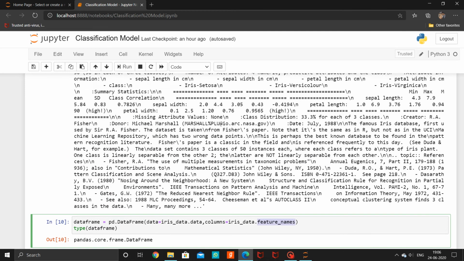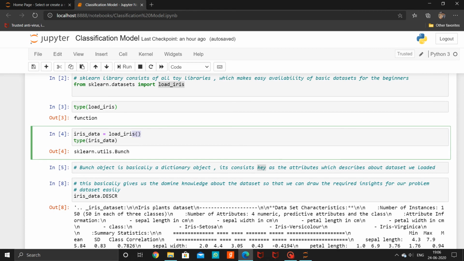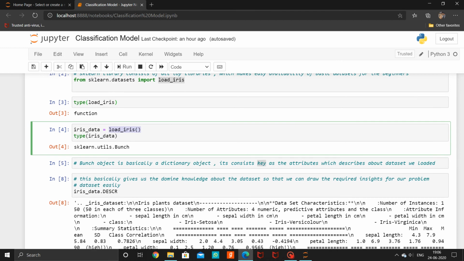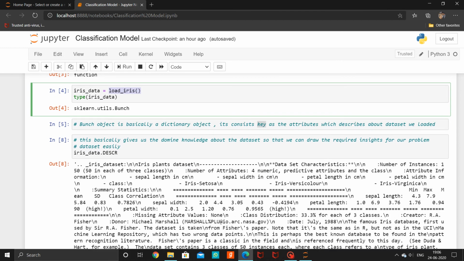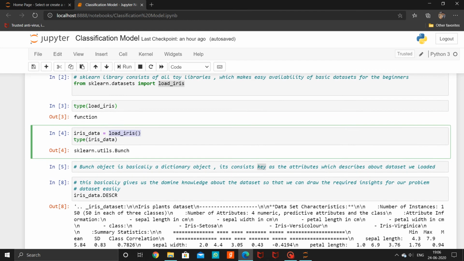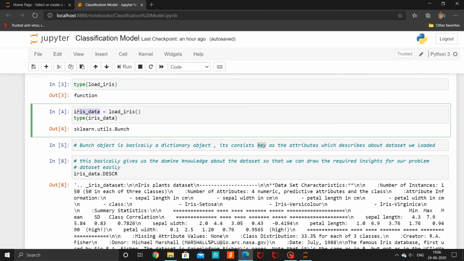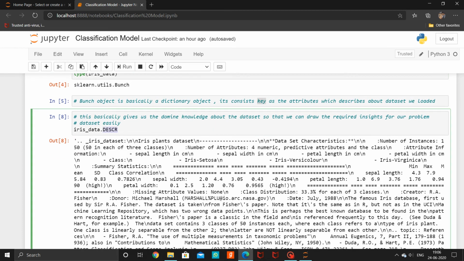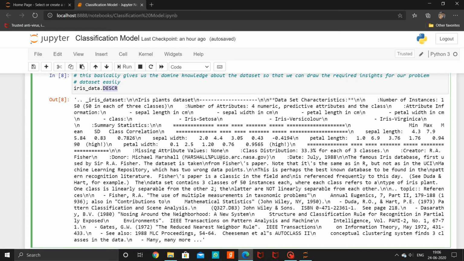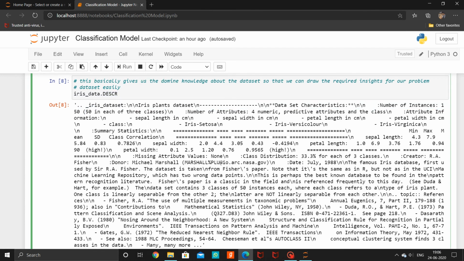Suppose actually we know that it is an iris dataset we have imported, so we know what to do. We know what to predict actually, but for a few datasets we don't know what the dataset describes. So from this iris dataset object, which is a Bunch object, we can know the complete description of the dataset which we have imported. If you can see here, when I use the attribute describe, iris_dataset.DESCR, we